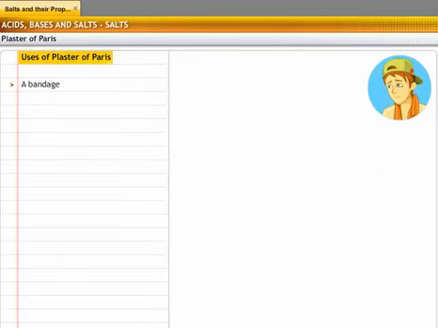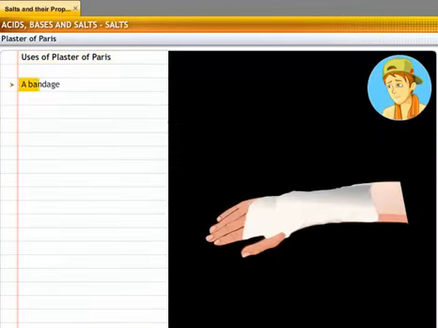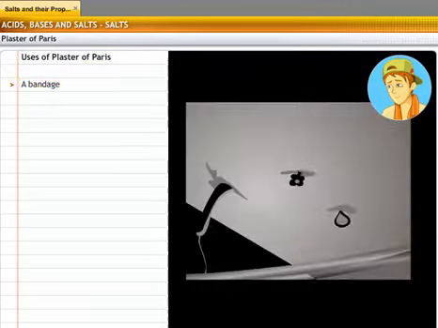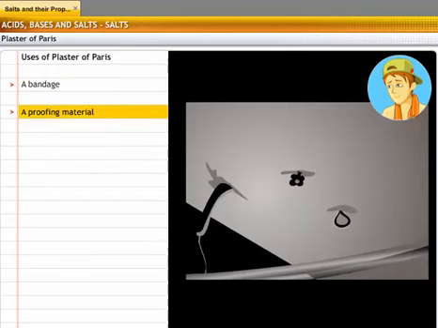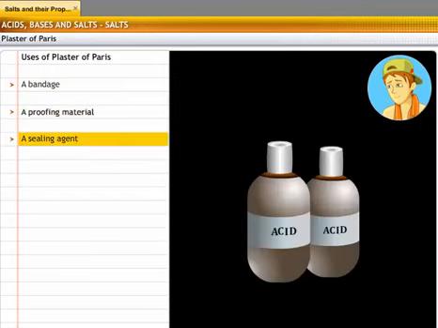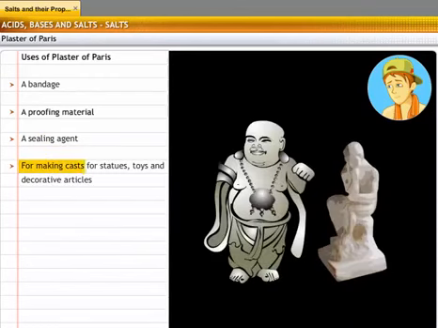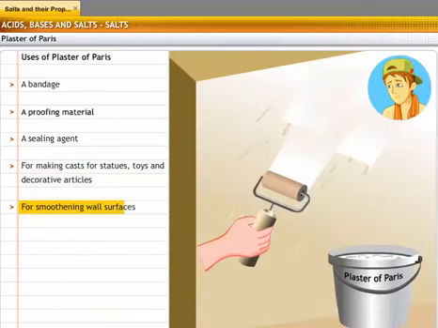Some of the uses of plaster of Paris are: for setting fractures, since it hardens when mixed with water and sets in a short time; as a fire and waterproofing material; as a sealing agent in the laboratory for sealing air gaps in apparatus where an airtight arrangement is required; for making casts for statues, toys, and decorative articles; for smoothing wall surfaces;